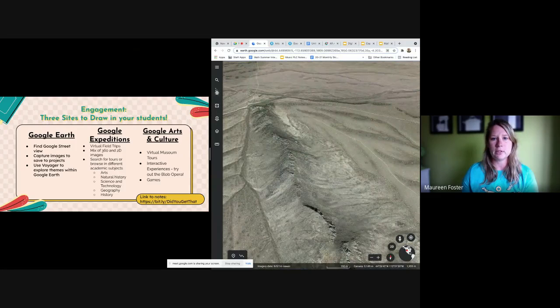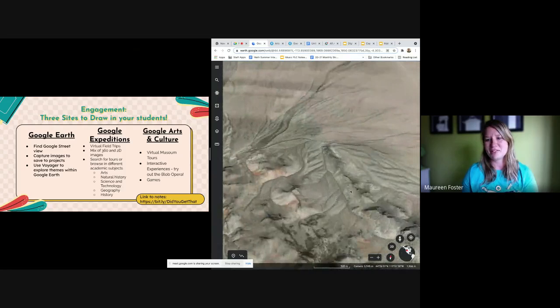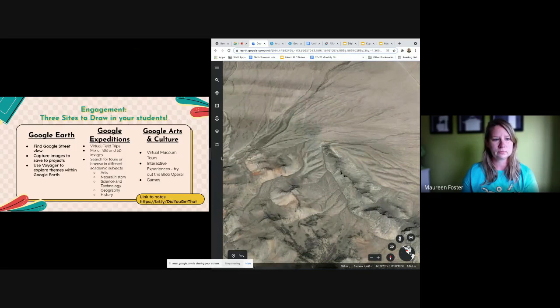Also, something that I can do here on the sidebar is to capture the images and use them later in your presentation, so that you don't have to wonder, oh, where did I put this mountain that I wanted to talk about? You have it saved for you. And then this button, Voyager,